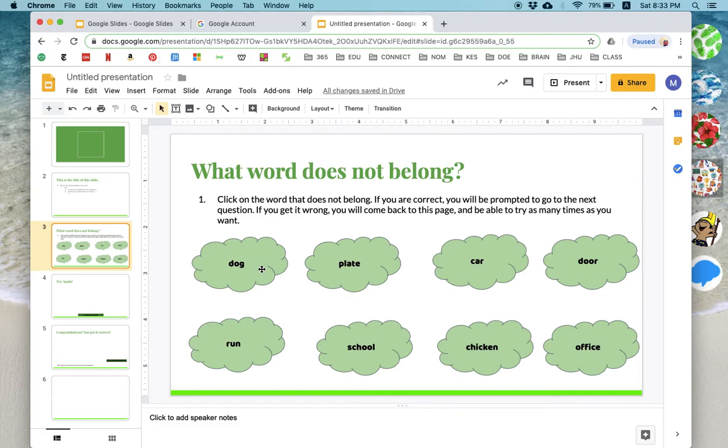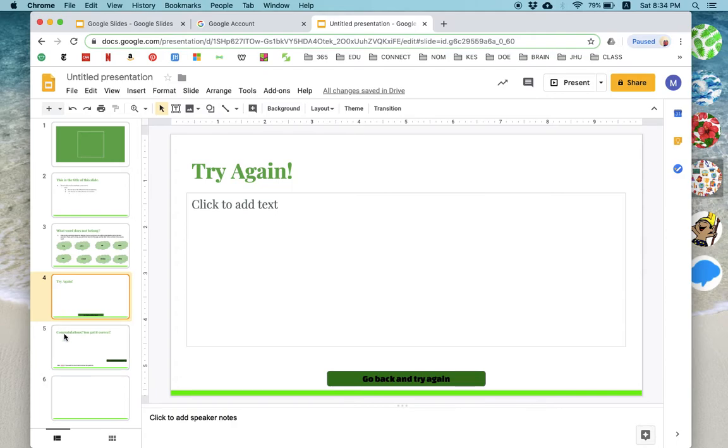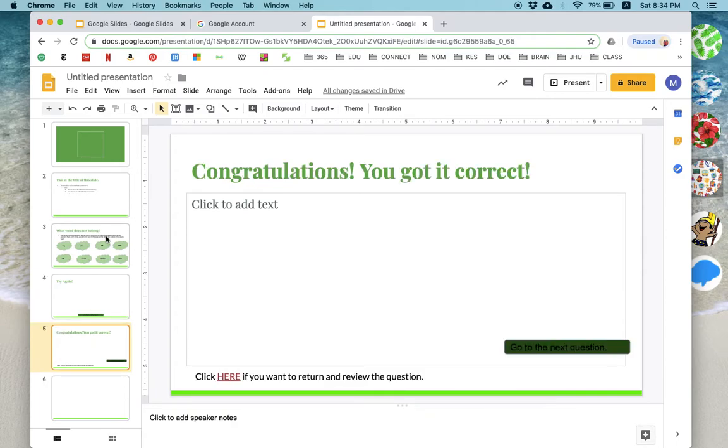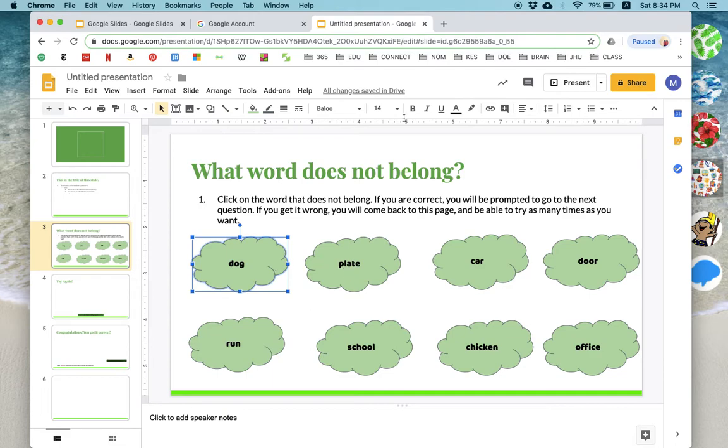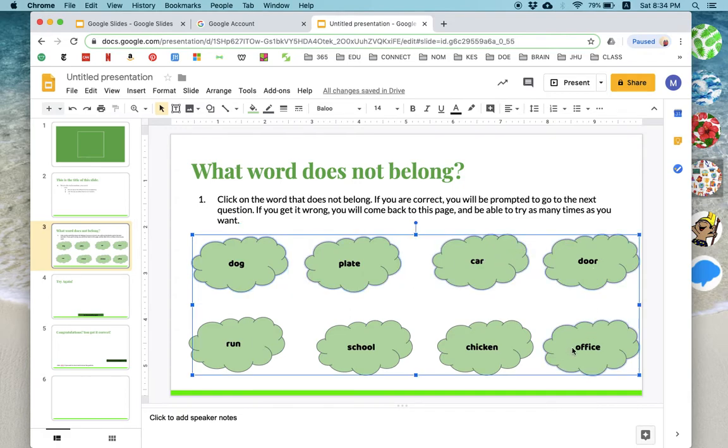So what we need to make sure that we do is we want to link all of these clouds. Every time they click on the cloud, we want it to link to the right slide. Remember, the incorrect versions go to slide 4 and the correct versions go to slide 5. So we can go ahead and you can actually, if you press down Shift, you can click on all of the ones that you think